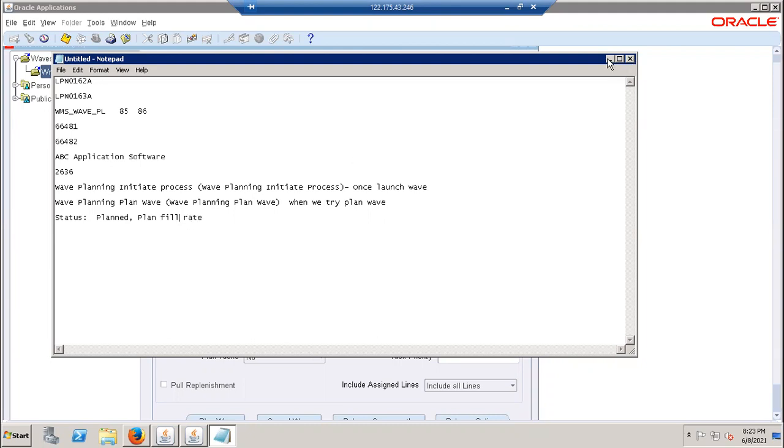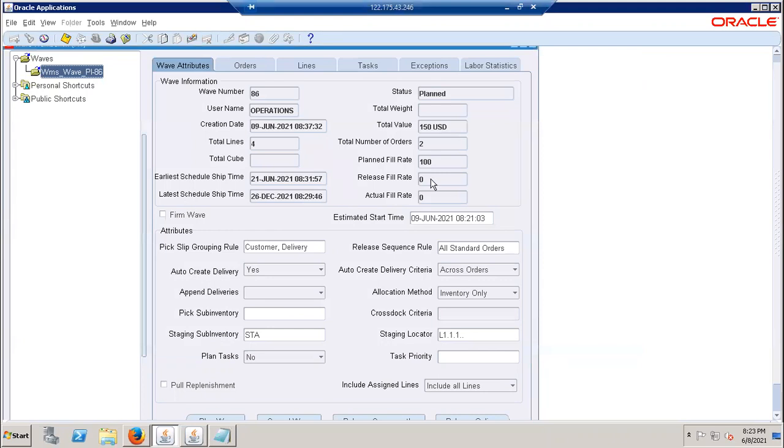The filled percentage is nothing but the extent to which our orders got fulfilled or planned. Let's suppose you have 3 orders and only 2 orders are completely done, and for one of the orders stock is not there, then there will be a variance. 3 orders means 100%, and if 1 order is not there, it will say 67% is planned. Based on percent, correct. That is the percentage.